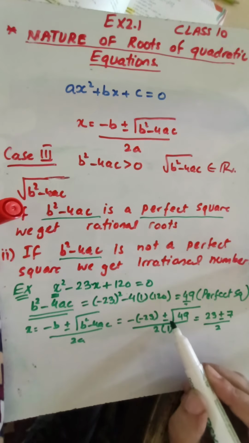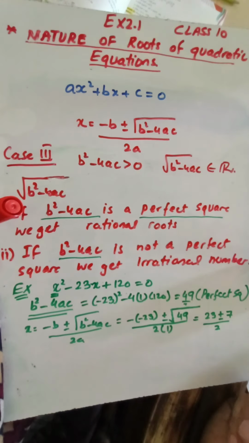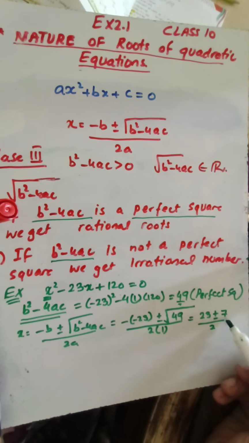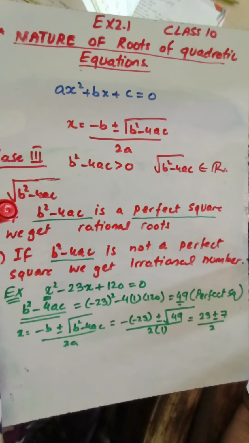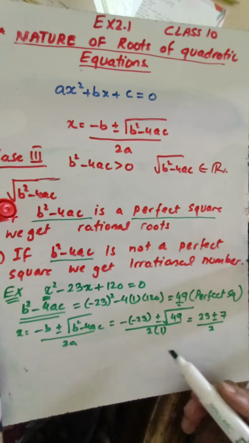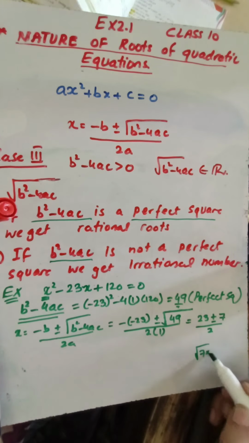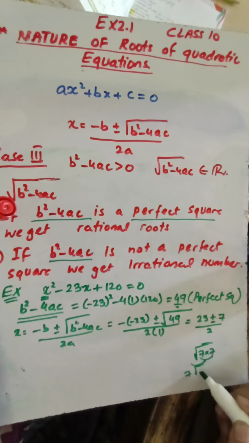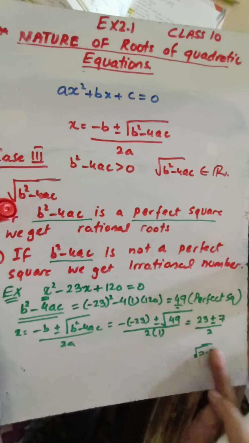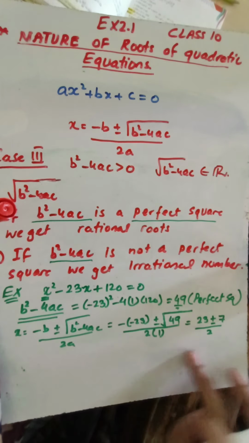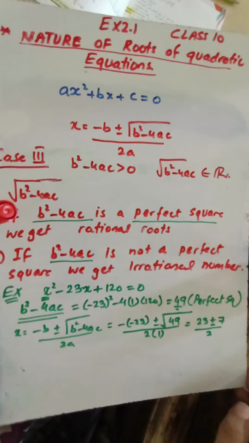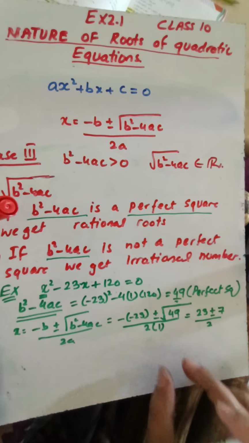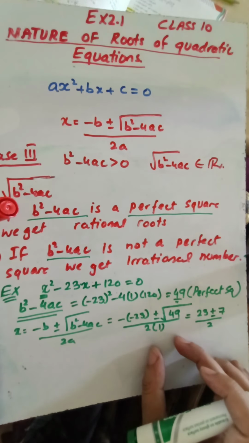Now as we have removed the radical sign because it was a perfect square, its square root came out to be a whole number. As it is a whole number, it means that we have nothing left under the radical sign, because 49 is 7 into 7 if you do its prime factorization, and one 7 is taken out of here and we are left with nothing. So there will not be any irrationality, because irrationality comes whenever we are left with the square root of a prime number, whenever we are left with a prime number under the root while finding the square root of some number.